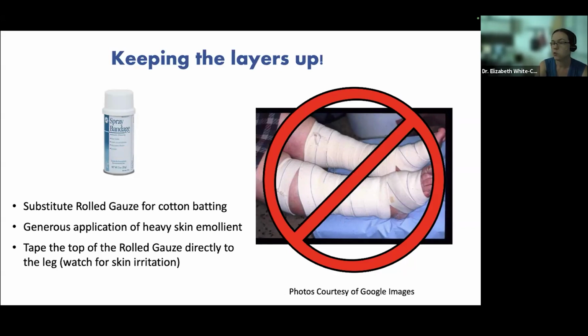On the right here, we do not use ACE wraps in this compression. The problem is they're great at reducing edema, but the very next day, it's reduced the edema so much that it tourniquets and causes all these problems up and down the leg. So it's not a great way to provide compression. Yeah, they're long stretch, so it's hard to control how much tension someone puts on it. Very good point. They can wrap them really tight and over tighten it. Absolutely. So that's why we talk about the short stretch versus the long stretch.